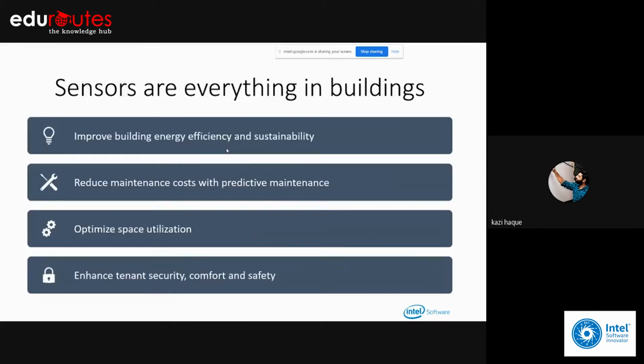So yeah, sensors are in everything in the building. So it can improve building energy efficiency and sustainability, reduce maintenance cost with predictive maintenance, optimize space utilization, and enhance tenant security, comfort, and safety. So there are different use cases, and the essence of this session